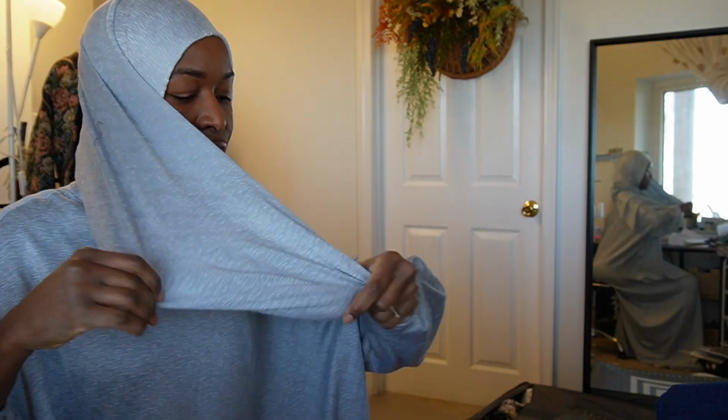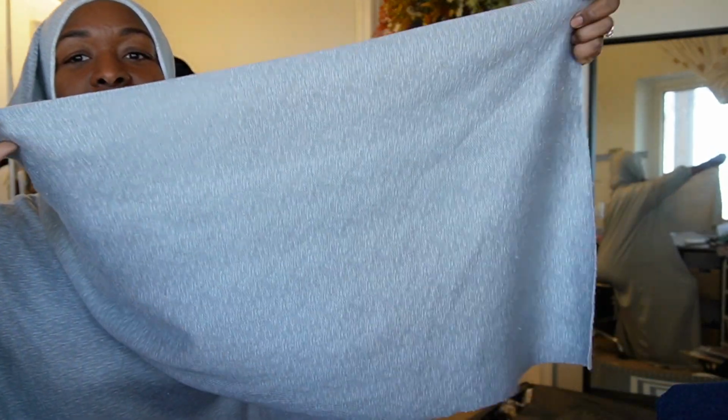I folded the fabric in half, hamburger style, with the 3 yards. So it was 1.5 yards length. That's the length of it. And then I cut off the sides to the width of this, whatever this width is. From the length here,